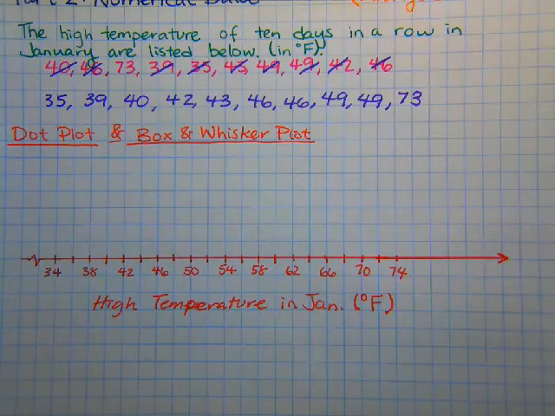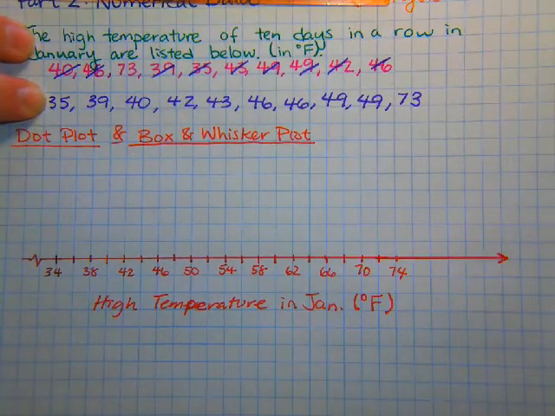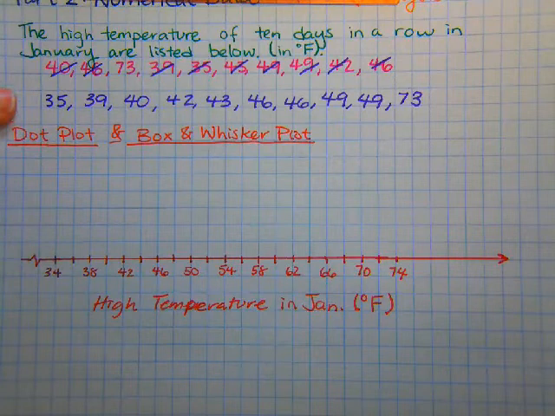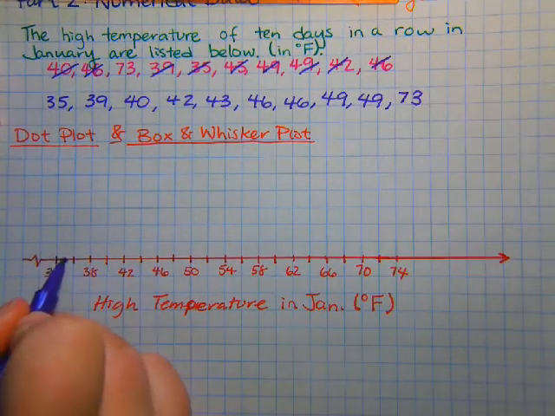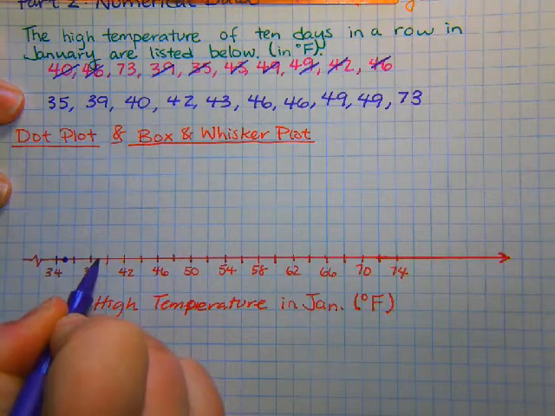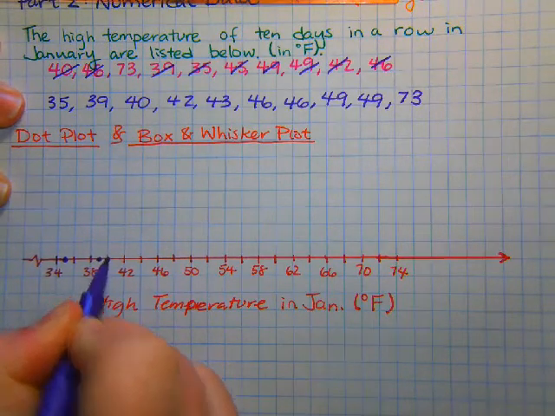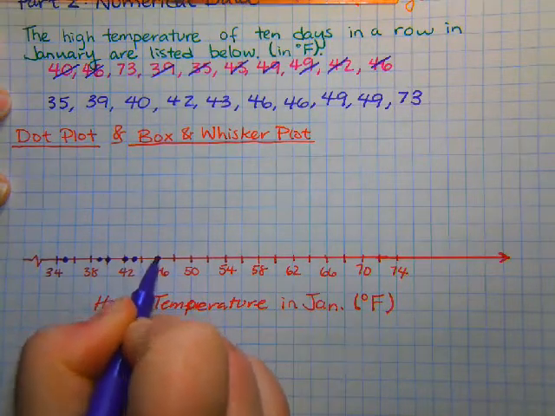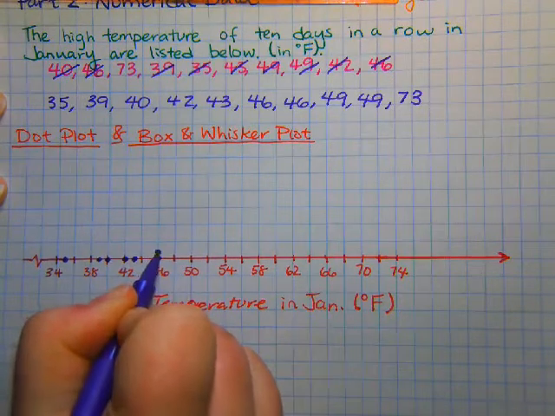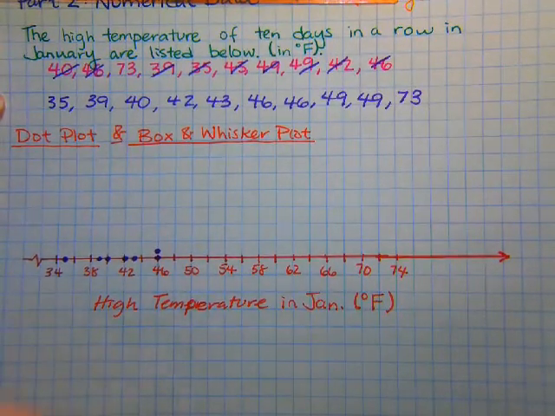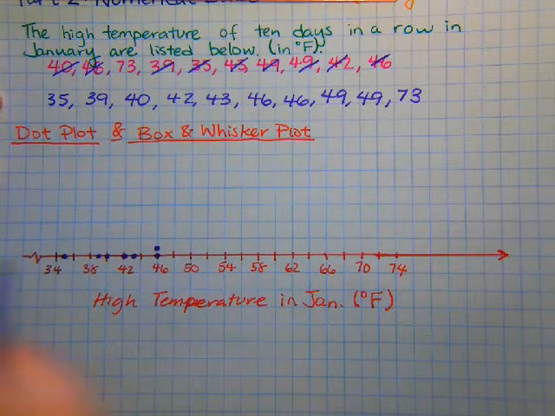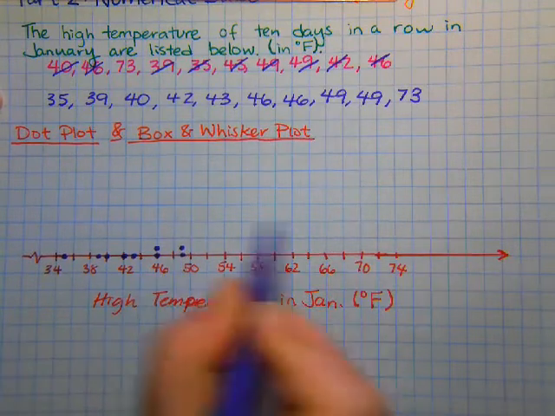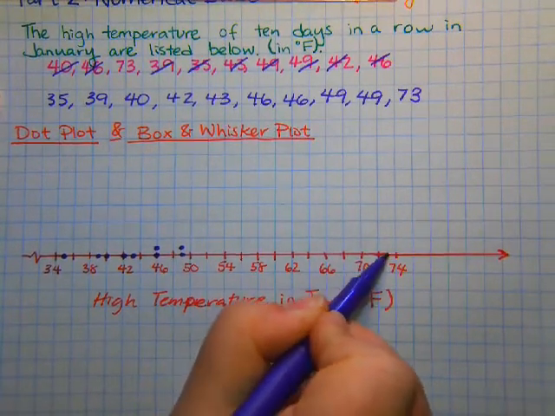So I'm just going to go ahead and plot these right on the number line, again, unless I get a repeat, and then I will put a dot right above. So here's 39, 40, 42, 43, 46, and then 46 is a repeat. So I'm going to put one above it because there is actually two there, and you want to make sure that we know there's two there. And then 49, and then again 49 has a repeat, and then we have this crazy random one of 73